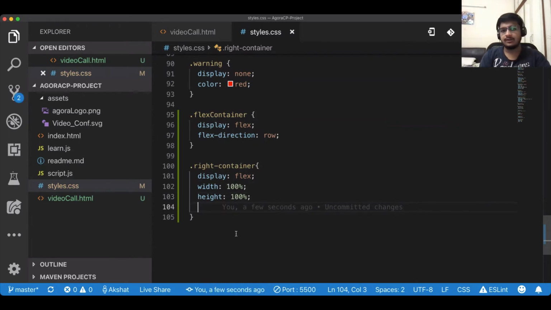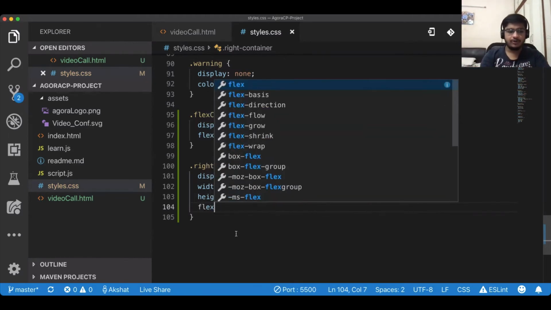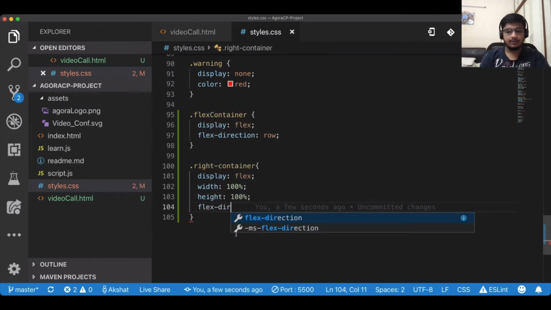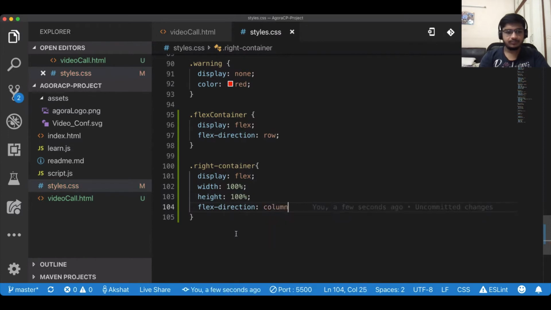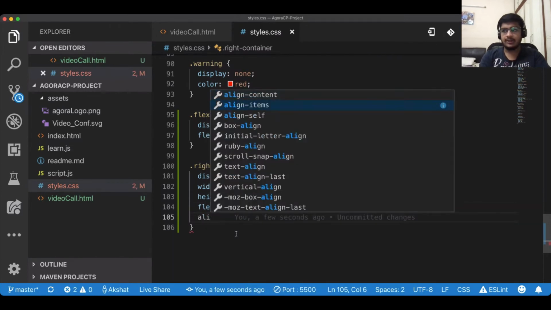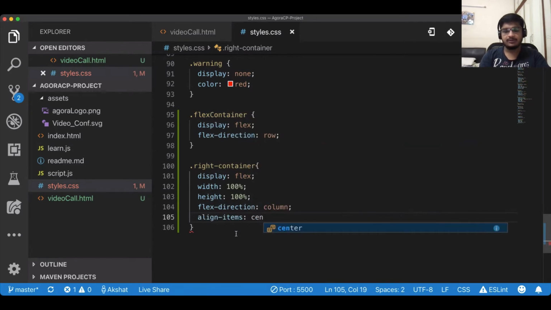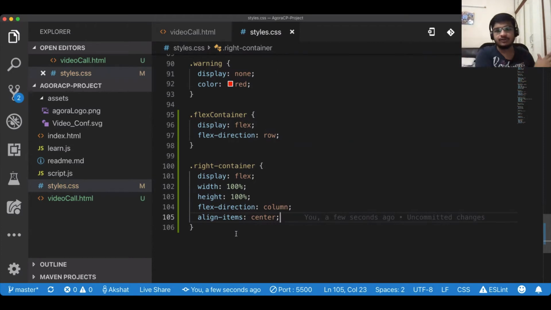And since it's going to be left and right, it's a column, right? So we're going to use flex direction column. And now I'm going to align items to the center because there are going to be two boxes in the right container. It'll look very weird if it's on the left and right. Let's keep it in the center.